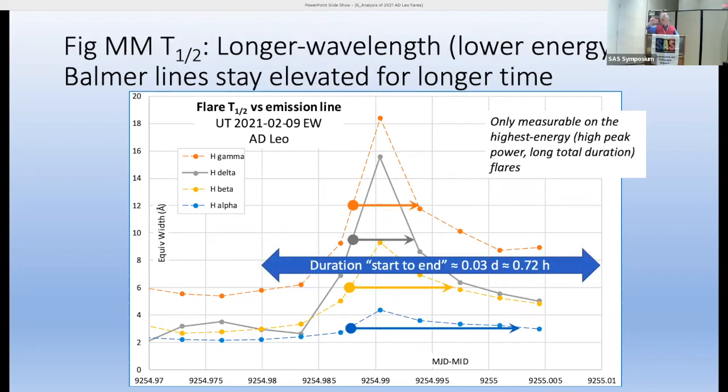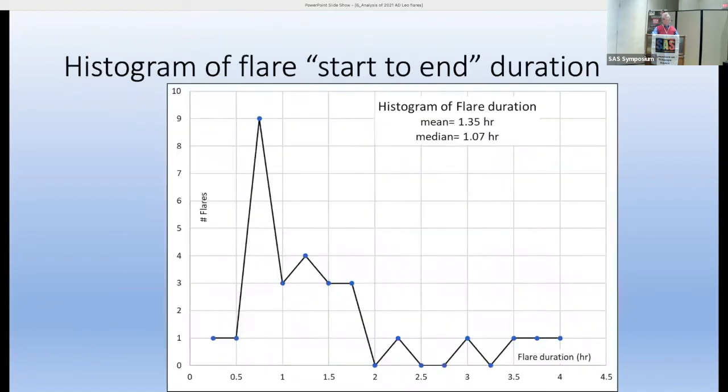It's also worth noting there was a question about the durations. This particular event had a duration start to end of more than 3/4 of an hour. Again, as you can see over on the right side, we never really got down to quiescence as the star was setting. I went through the whole atlas of AD Leo flares in 2021, and here's the histogram of the flare duration from the start when it first rises above quiescence to the end when it goes back down into quiescence. On average, they last about an hour,